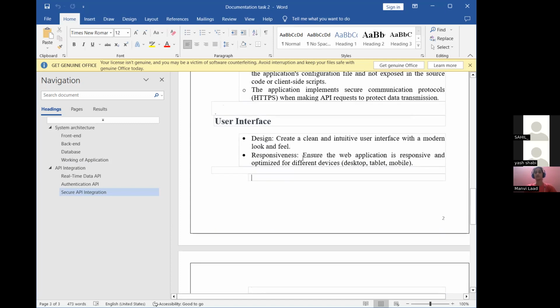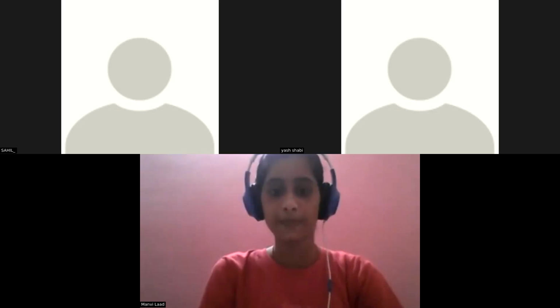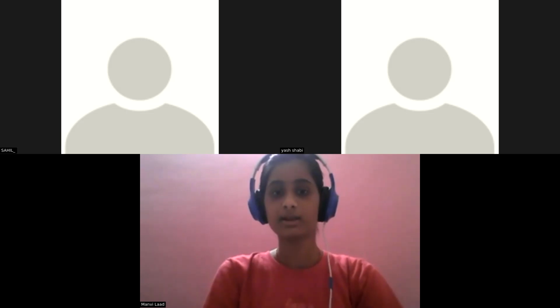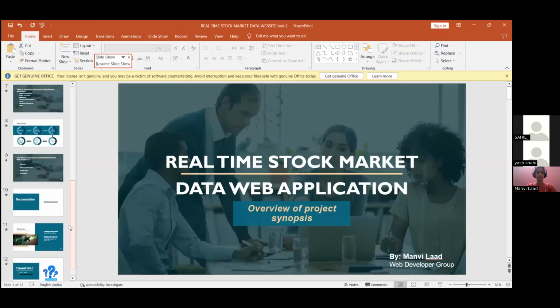Next, it's user interface. So our interface should be clean and look modern for the user who is using it, and it should be responsive according to the device the user is using, that is desktop, mobiles, etc. So after documentation, we have